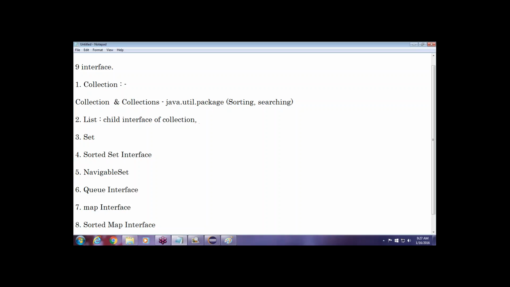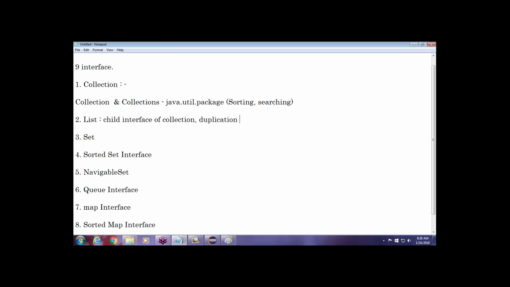If we would like to represent a group of individual objects as a single entity, we are talking about collections, talking about list. So list is a child interface of collection, and if we want to represent a group of individual objects as a single entity where